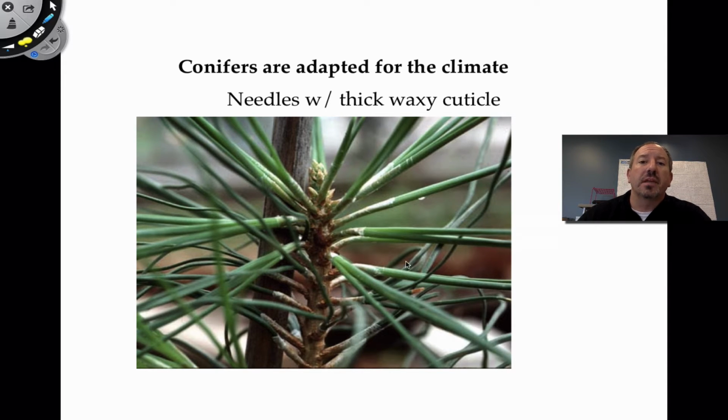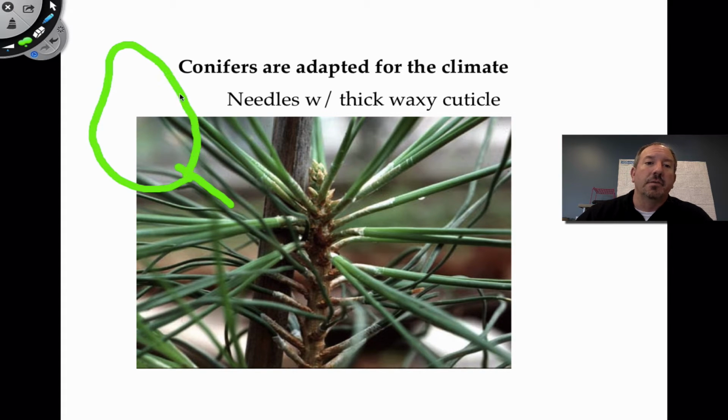As a result of that, the leaves of conifers are needles. Now, needles are not the best for capturing sunlight. I think that's kind of obvious. In other words, if I were to draw a big blade like this, wouldn't you love to have this to capture sunlight? Sure you would.